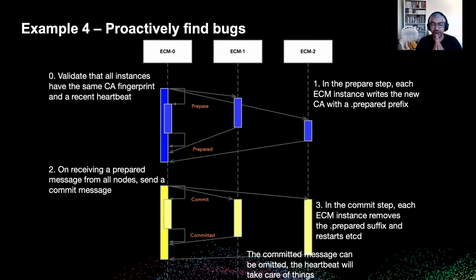So reproducing bugs is one thing, and figuring out whether you can upgrade something is great. But there's another reason: can you proactively go out there and find bugs? This is an example of an etcd cert manager. It's a little component that we wrote to rotate etcd certificates. You don't really need to know about the component or how it works or anything else. It just uses a variant of a two-phase commit, which is a well-understood, well-used protocol in distributed systems.